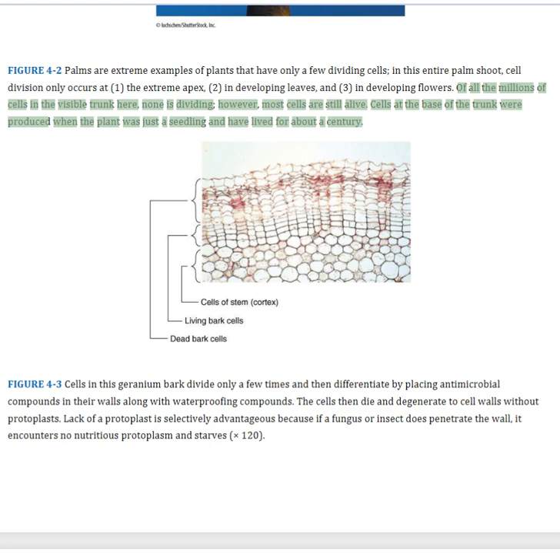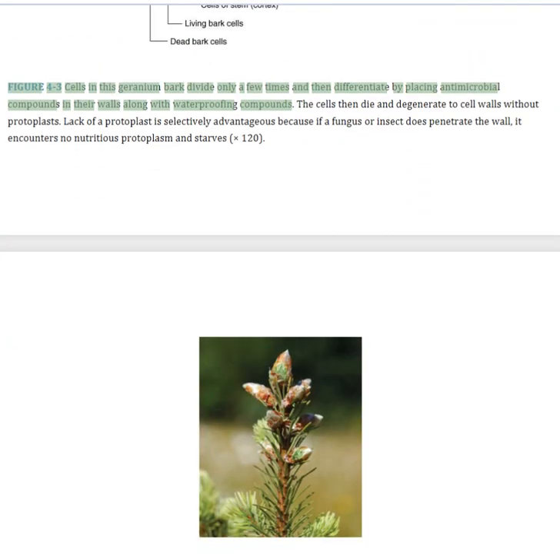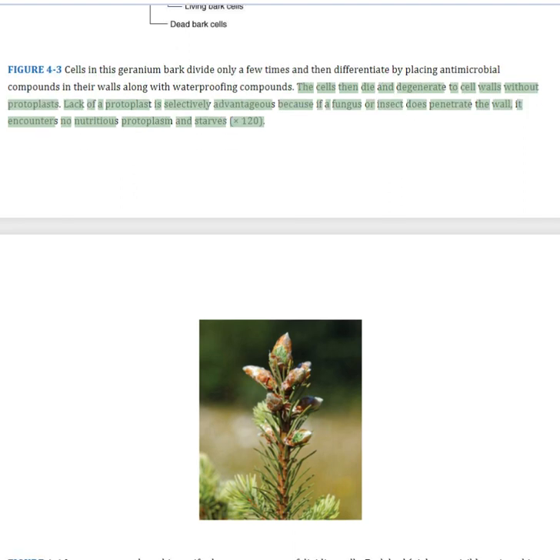about a century. Figure 4.3: Cells in this geranium bark divide only a few times and then differentiate by placing antimicrobial compounds in their walls along with waterproofing compounds. The cells then die and degenerate to cell walls without protoplasts. Lack of a protoplast is selectively advantageous because if a fungus or insect does penetrate the wall, it encounters no